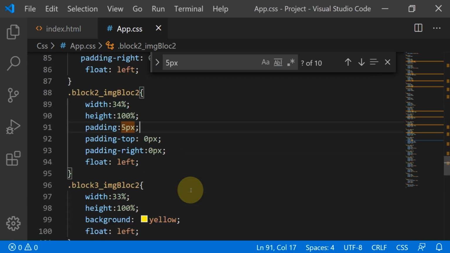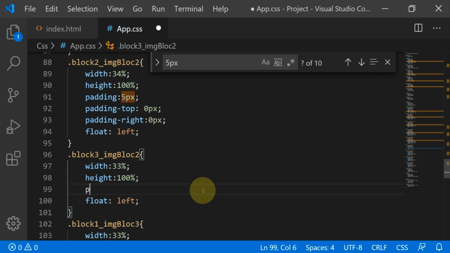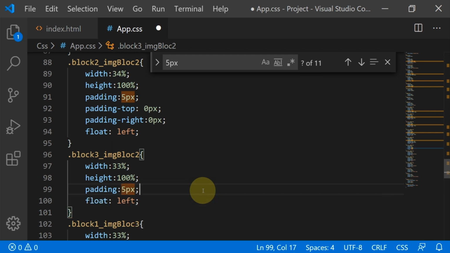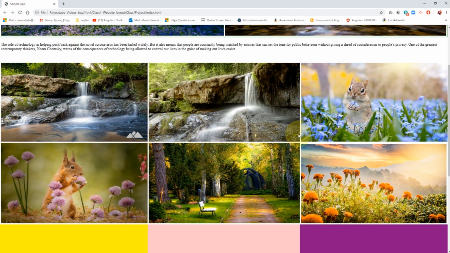So in the right image, the last image, we have to do the same thing. Yellow removed, padding 5 pixel, then see, yep, this image is aligned.